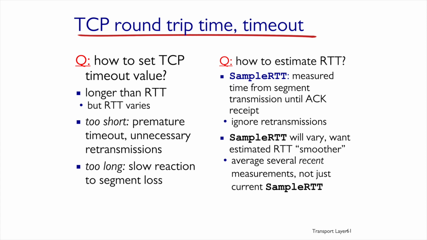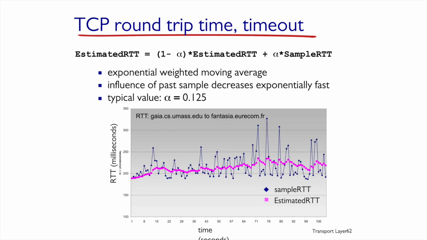The problem with this method is that sample RTT can change rapidly because of the network infrastructure. To get something finer and easier to use, we will calculate the average value over a certain period and call it estimated RTT, which will be used in our protocol. Now we'll see how we really calculate it.